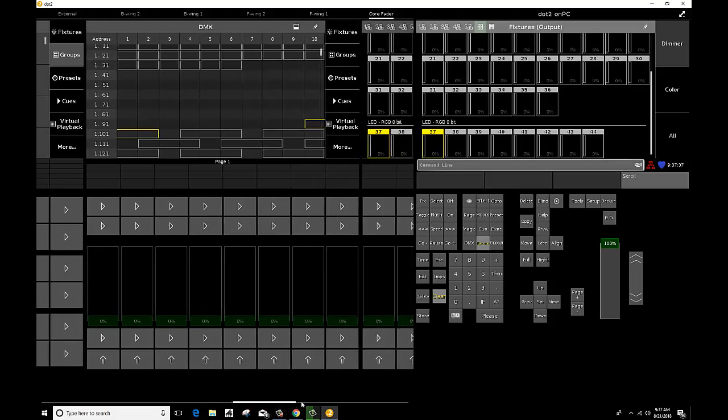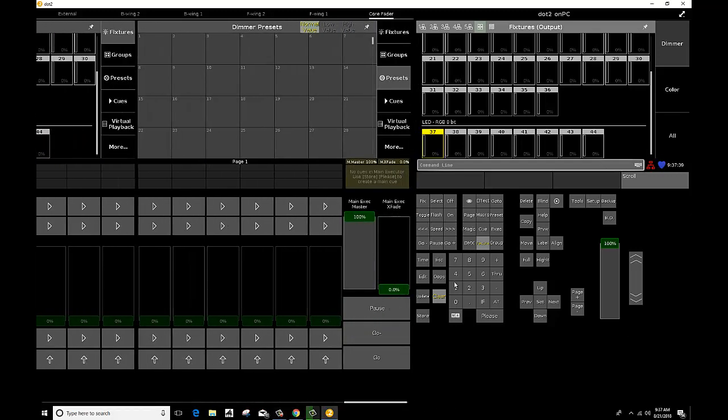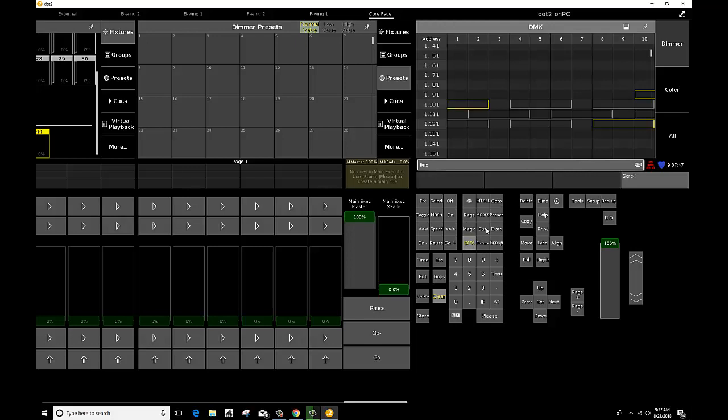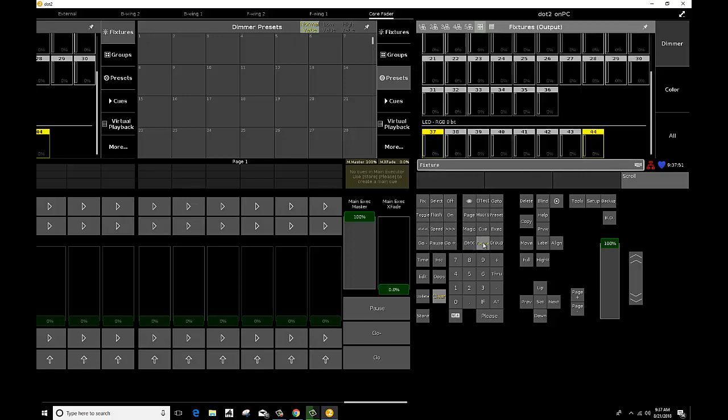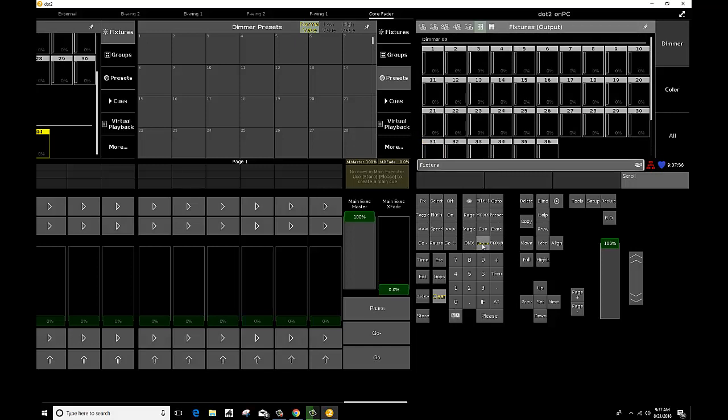Alright, so I'm just going to scroll back to our main section. We're going to make some cues out of these fixtures. So first one, actually let's make some groups. In Dot2 you can select fixtures by DMX address or by fixture number. Now have a look, all these fixtures have a number. So let's go fixture 1 through 2